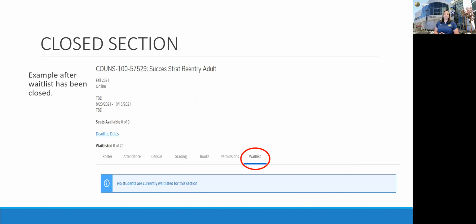As you can see here, this course has started. The class is considered closed once the class starts. All students must have an ad authorization to add a course once it has started. Instructors will receive an email of their waitlisted students in their waitlisted sections the night before the class starts.